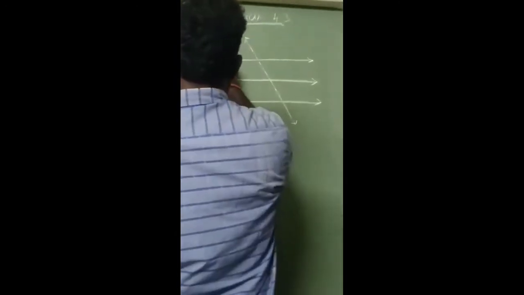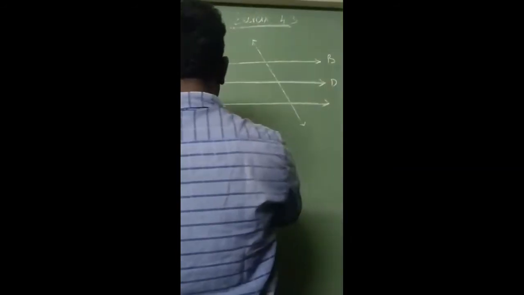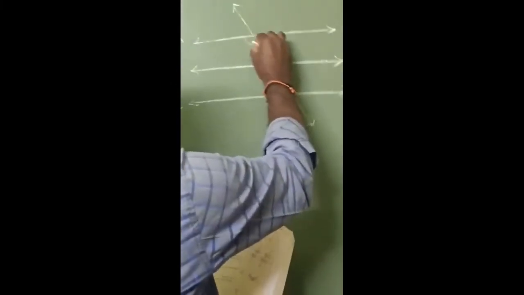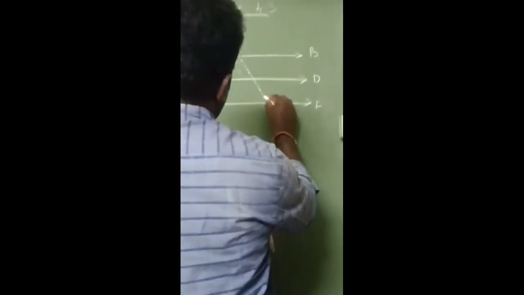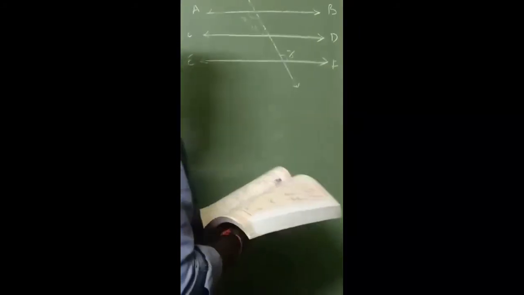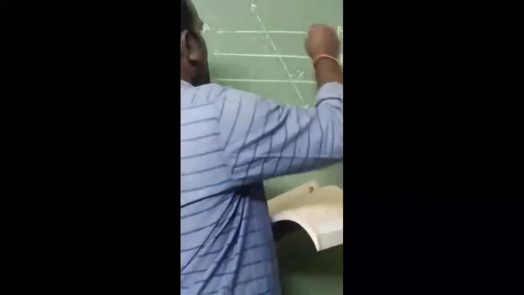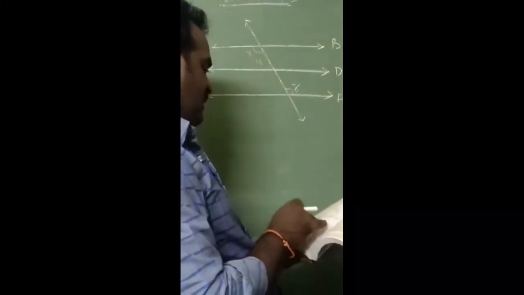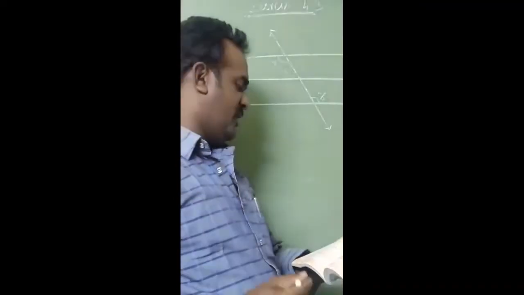This line is AB, CD, EF. Okay, here this angle is equal to X. This angle is equal to Y and this angle is equal to Z. Here in the given figure AB is parallel to CD and CD is parallel to EF, and Y is to Z is equal to